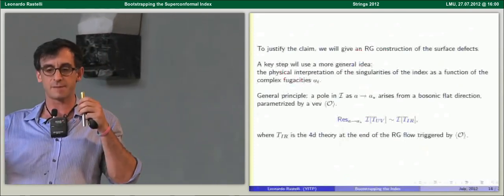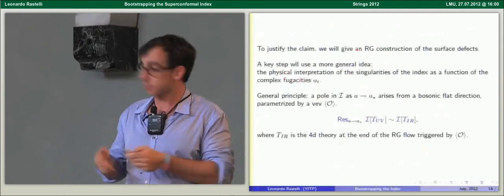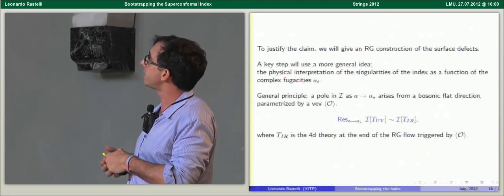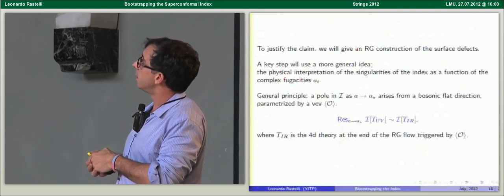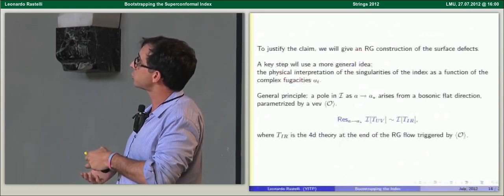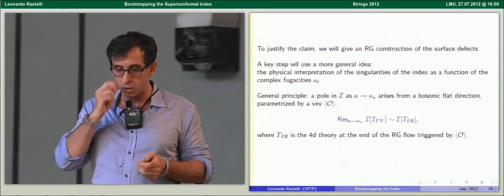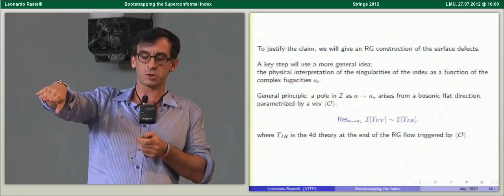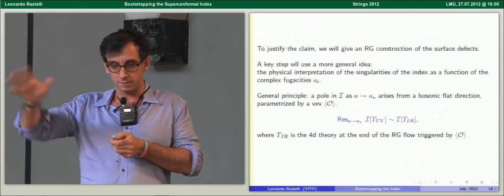So the theory is on S^3 times S^1, so generically curvature terms will give a damping term that will forbid any divergence. But if you tune parameters in a certain way, then a flat direction opens up. The culprit of that flat direction is a certain operator with appropriate quantum numbers, and the direction is parameterized by the VEV for that operator. So physically, you're probing the theory far away in moduli space by giving a VEV to a certain operator, and the intuition is that you now flow to the infrared.